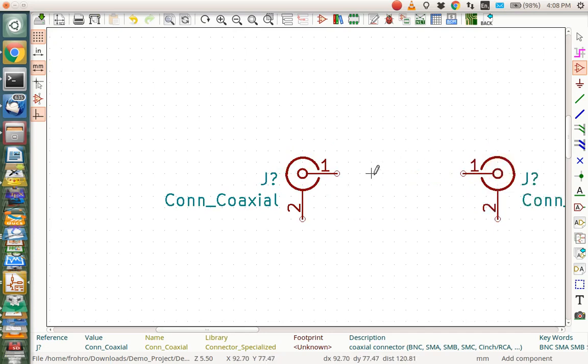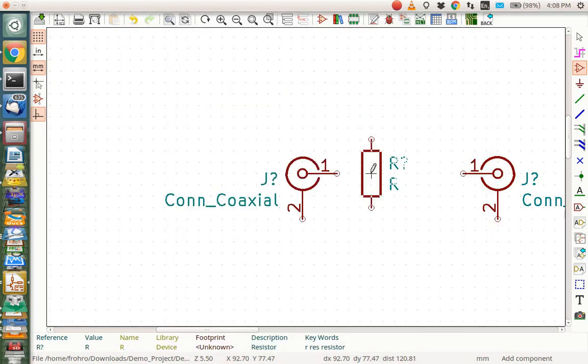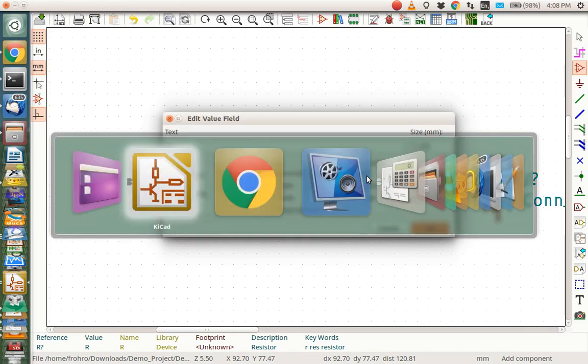I need to put two resistors in here, so I'm going to click here and type R for resistor. That looks like a good resistor. I'm going to rotate this guy by typing an R, connect him on there, and then I'm going to edit this resistor, because it would be a good idea to have a value and get a data sheet, a few things about the resistor before I put the other ones in. So let's type V for value. I don't know what the value needs to be, so let's go back to